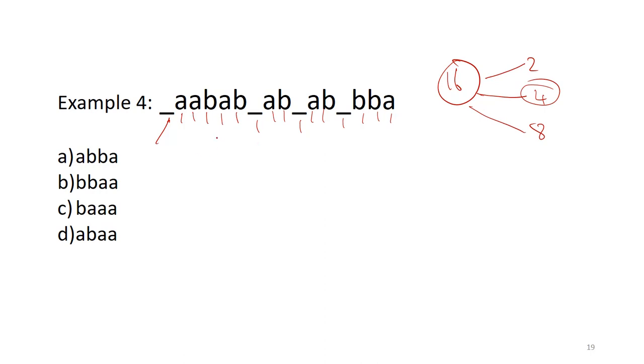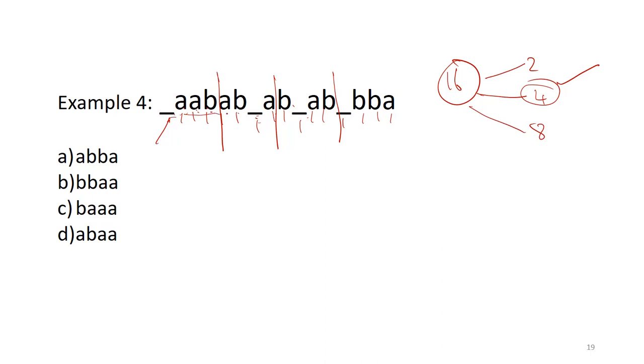Why I don't get the answer with 2, 2 is it's only 2 terms. If you see dash A, AB, AB, again AB will not come here. It's dash A. Okay. Then go for 4 each. 1, 2, 3, 4. 1, 2, 3, 4. 1, 2, 3, 4. 1, 2, 3, 4. So AAB is here.